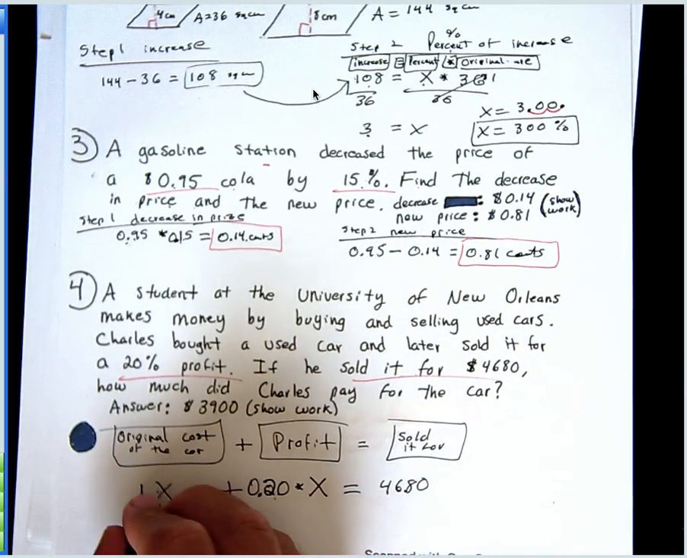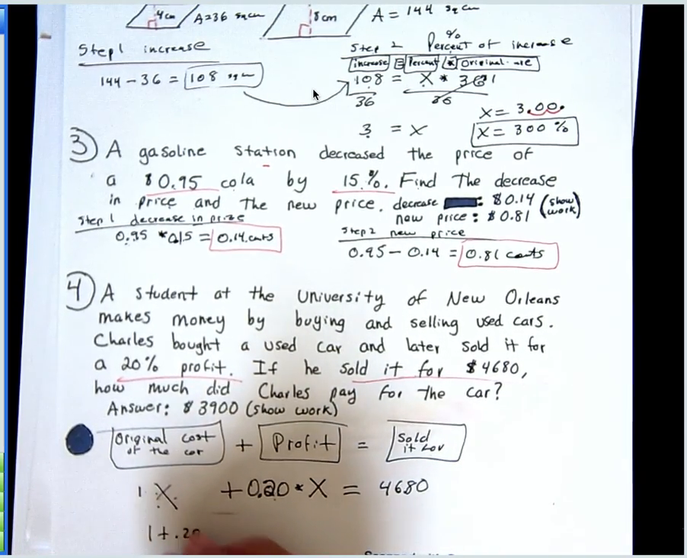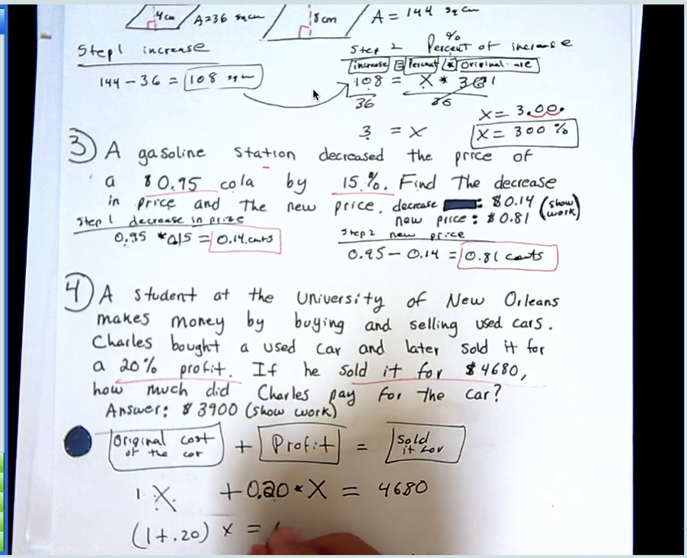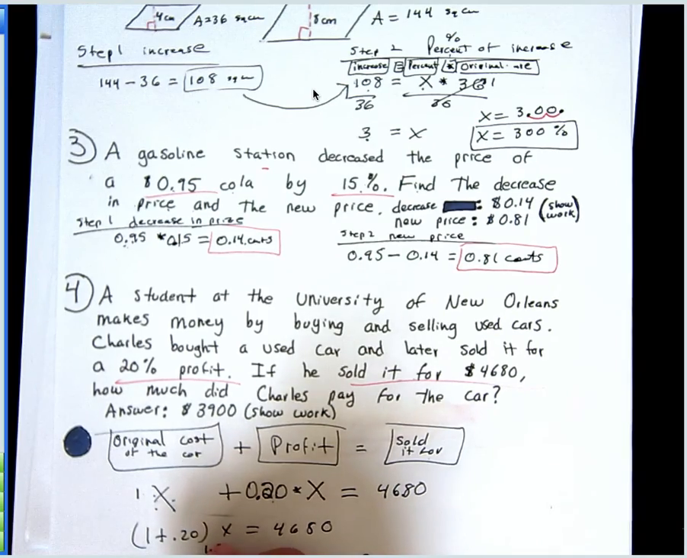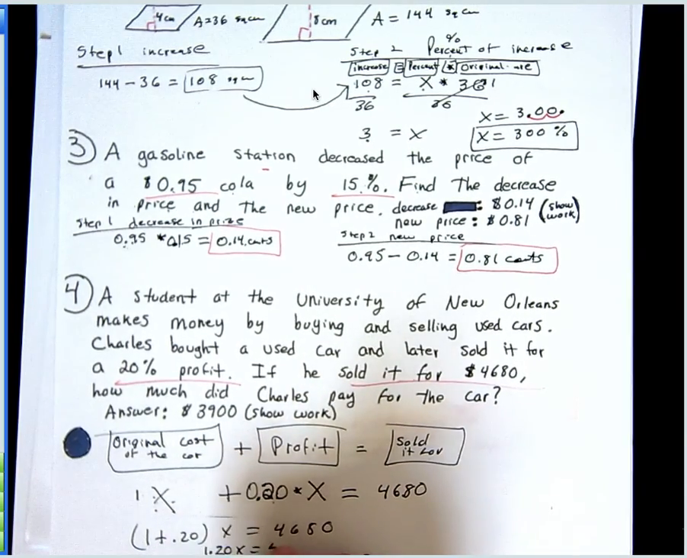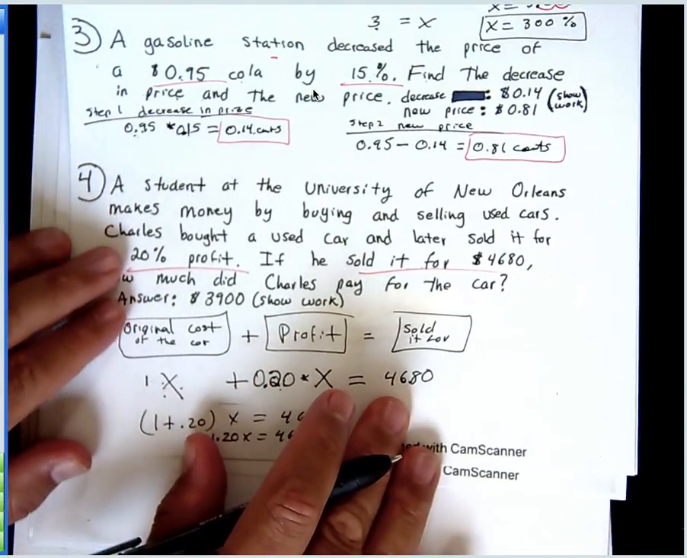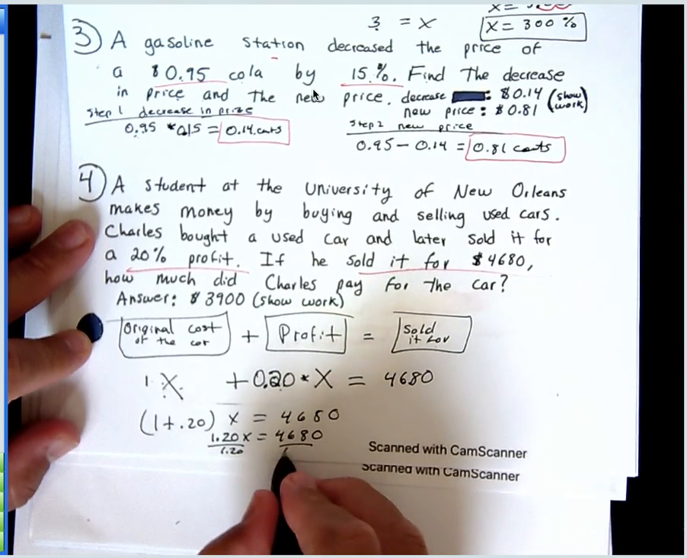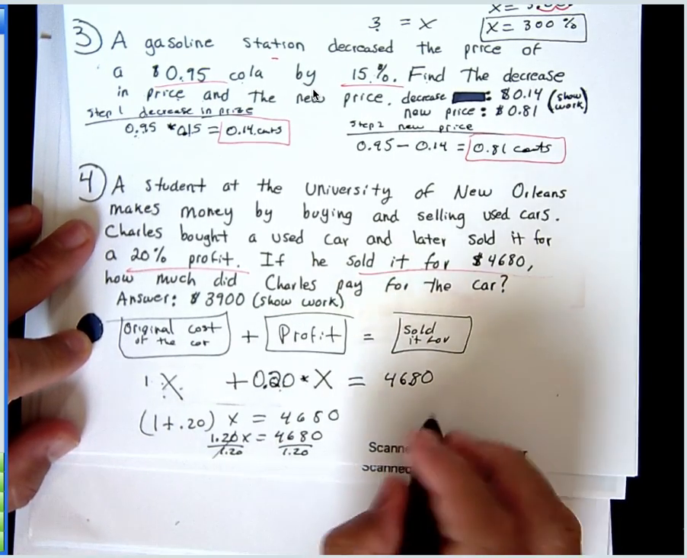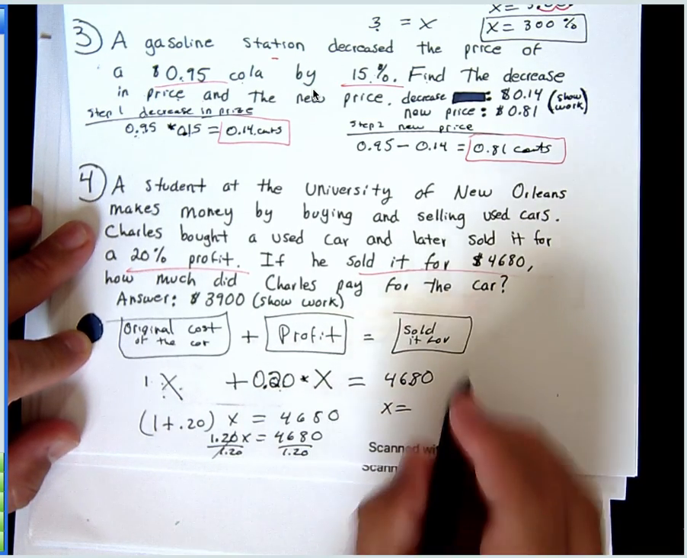Okay, there's a 1 here. So remember, we're going to combine coefficients. 1 plus 0.20 equals 4680. So this gives you 1.20 x equals 4680. So now you divide by 1.20, because we're kind of going backwards. When you divide these two, it gives you